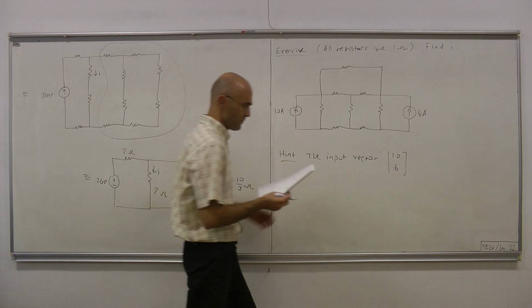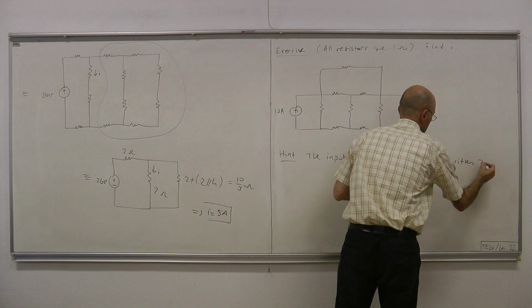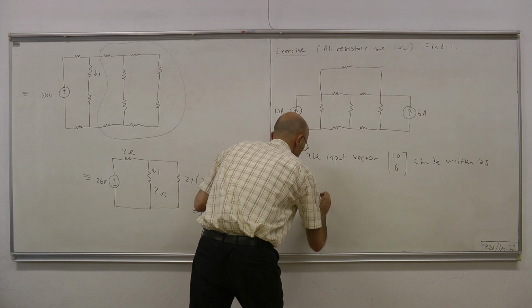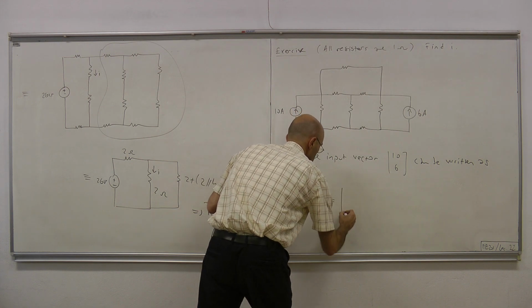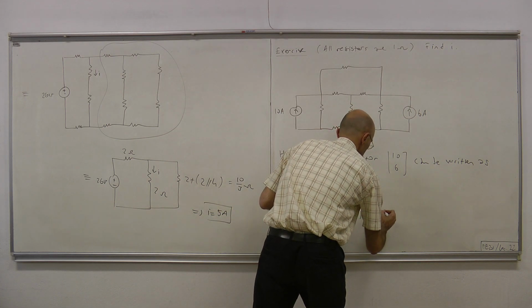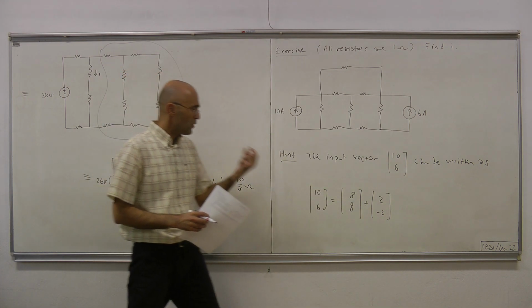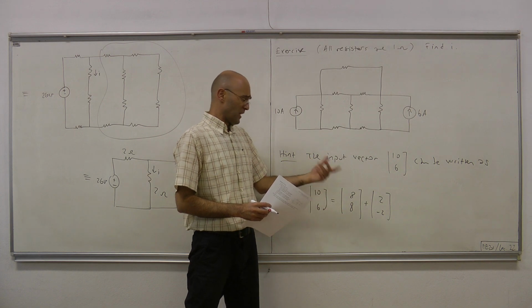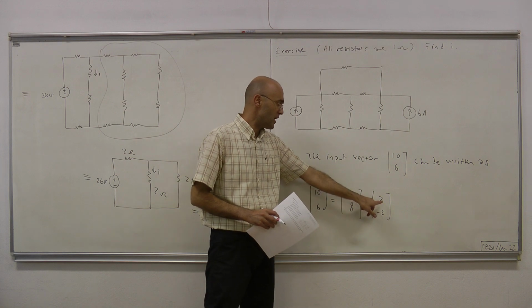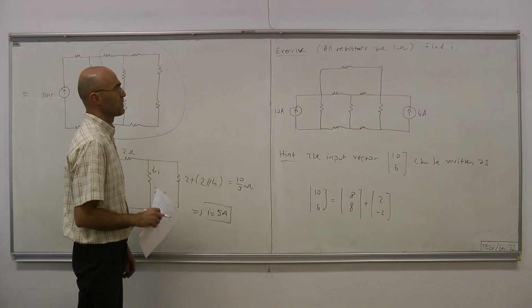Okay, the input vector can be decomposed into the following sum. 10, 6 equals 8, 8 plus 2, minus 2. Okay, the sum of those two vectors, and what's important about those two vectors is that the magnitudes of both entries are the same. Here we have 8, 8, and here we have the magnitude 2 and 2. Here, of course, the sign is opposite.